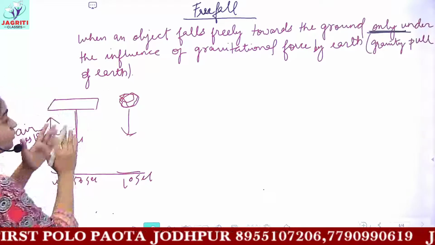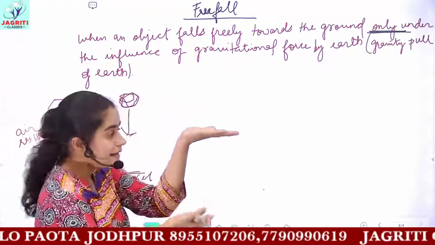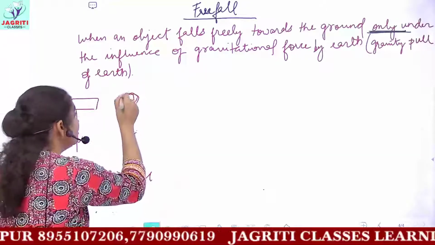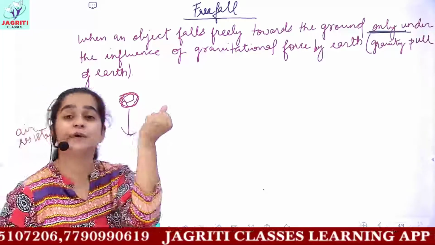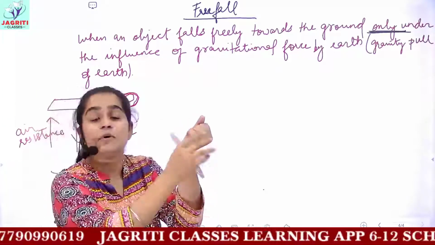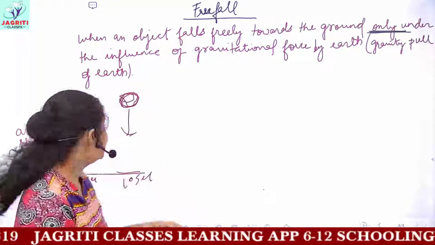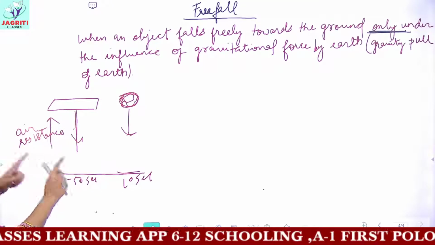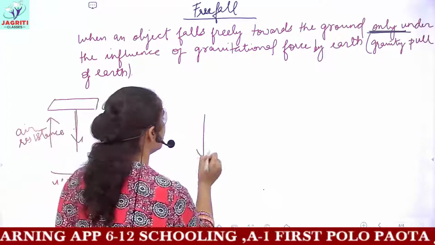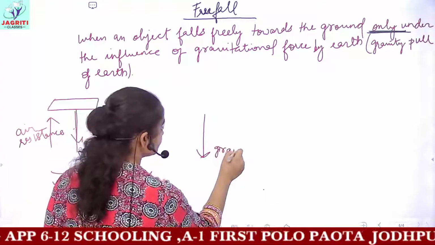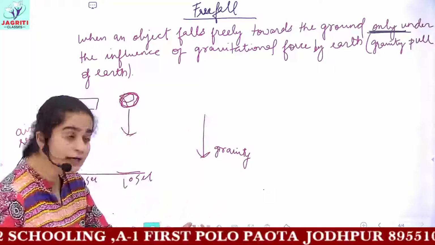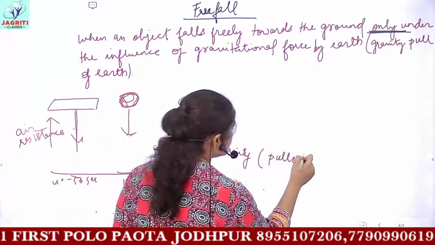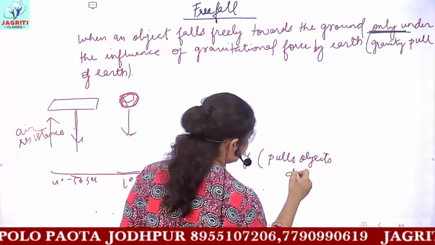Because the surface area of the sheet of paper is very high, air resistance acts upon the sheet from every possible direction. But because the surface area of the crumbled ball is very low, less air resistance can act on the ball, and this air resistance is pushing the objects upwards. So here you have two kinds of forces on the objects. One force is gravity, or you can call it the gravitational pull of the earth, which is pulling the objects down. Gravity pulls the objects downwards.